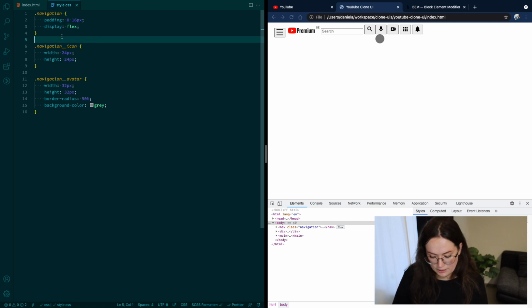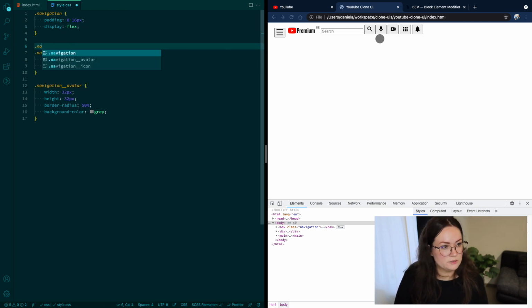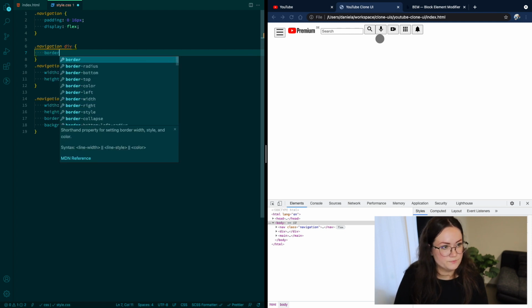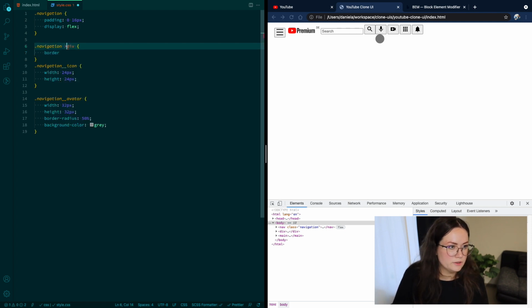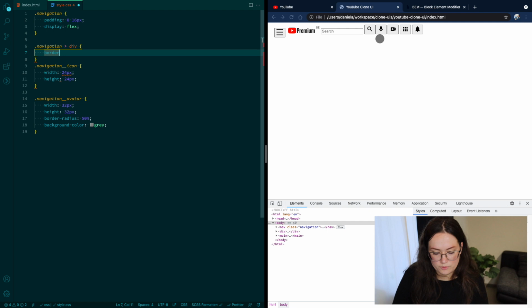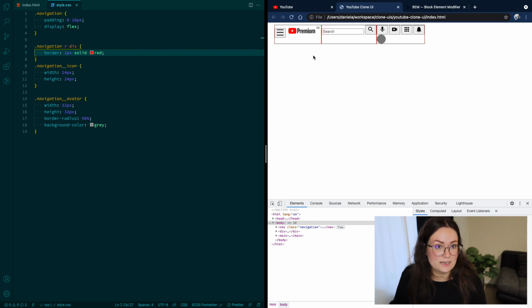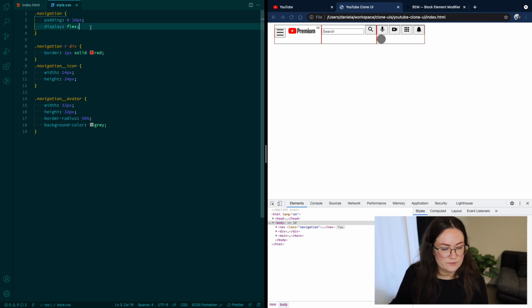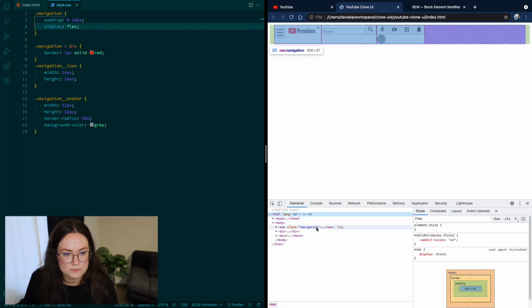Let me show you how we're gonna do it. In order to see it better, let's do navigation, and we're gonna do div, and we're gonna do the border. We want only the direct div. Border 1 pixel solid red. Save it, and now you see these are the containers that we have. These are our 3 divs. Now, if I put to the navigation display flex, and we can actually do that in the inspector here,